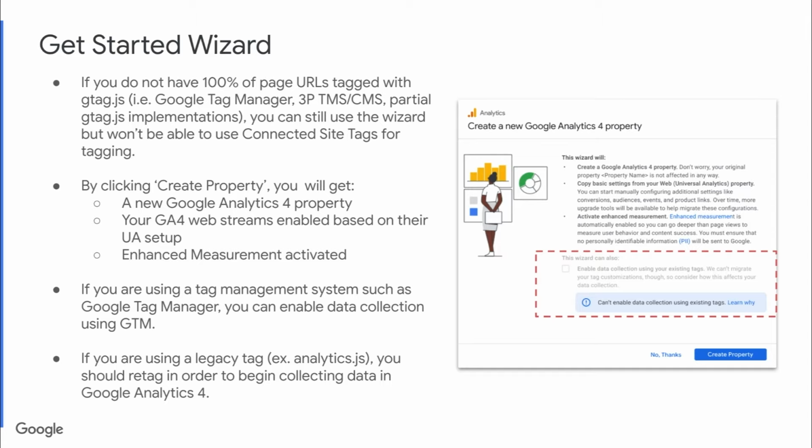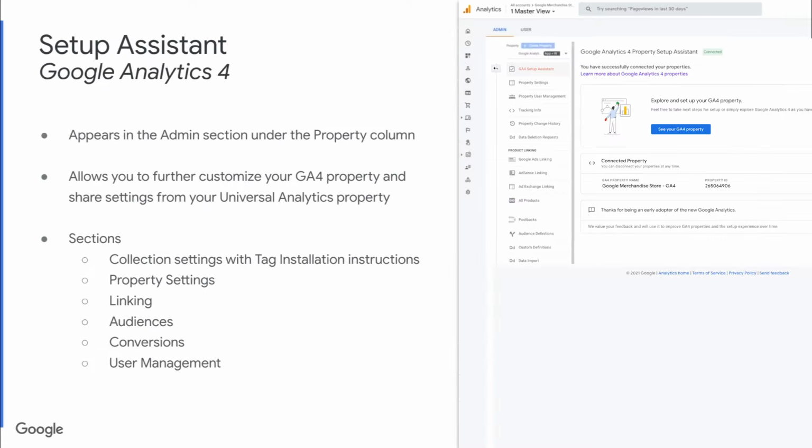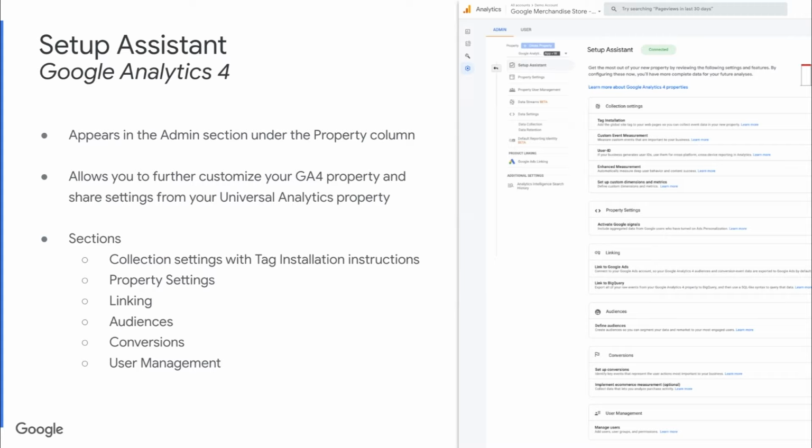So once you go ahead and create your property through this wizard, you can click See Your GA4 Property to go to the property you just created. And then you'll see the Setup Assistant like you see on the right. This appears in the admin section under the property column. And a quick note that this will appear whether you've just created this new GA4 property or if you already had one. This allows you to further customize your GA4 property and share settings from your Universal Analytics property with